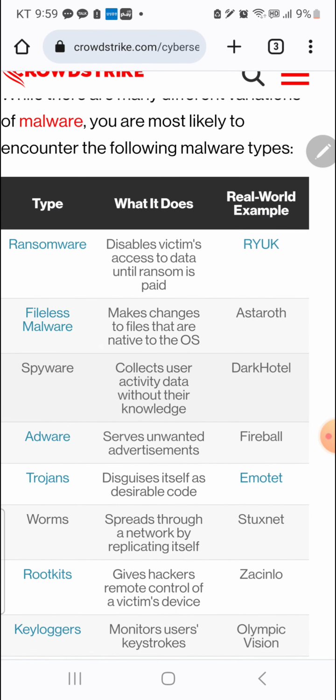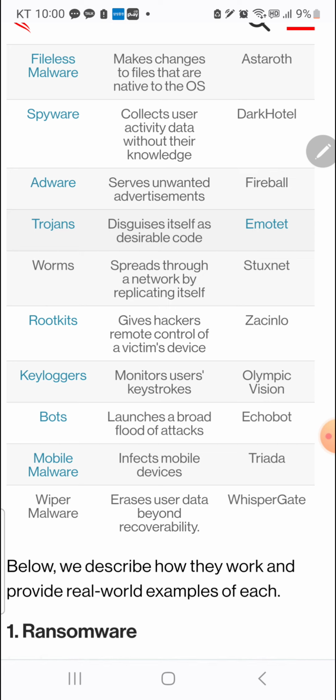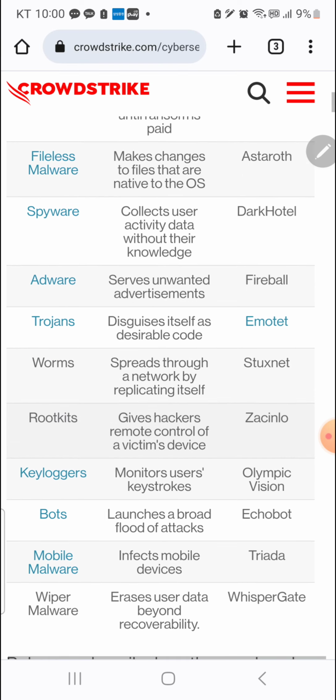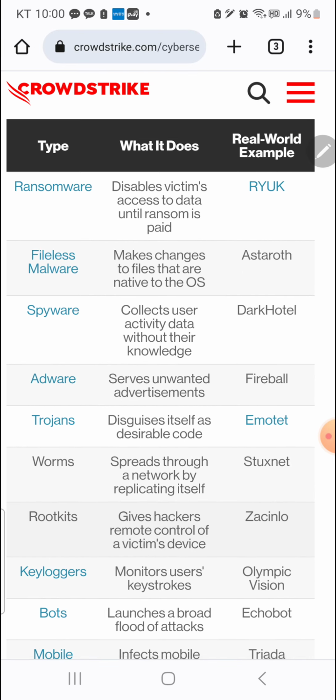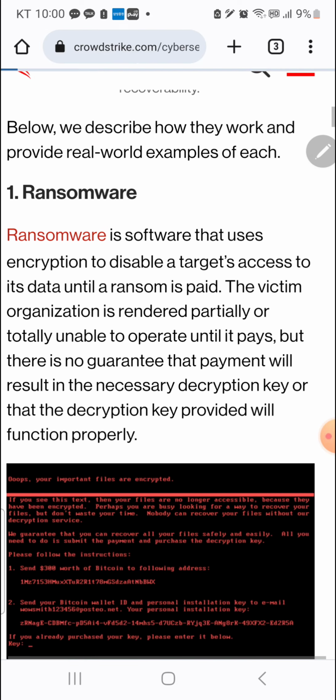So here: ransomware, fileless malware, spyware, adware, trojans, worms, rootkits, keyloggers, bots, mobile malware, wiper malware, and then in reverse: mobile malware, bots, keyloggers, rootkits, worms, trojans, adware, spyware, fileless malware, ransomware, right?